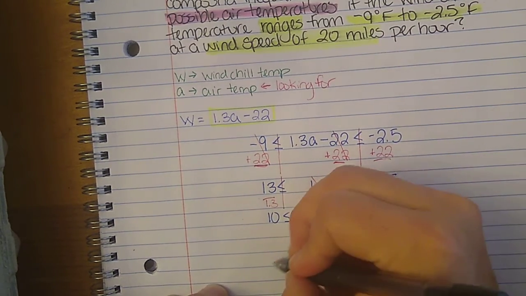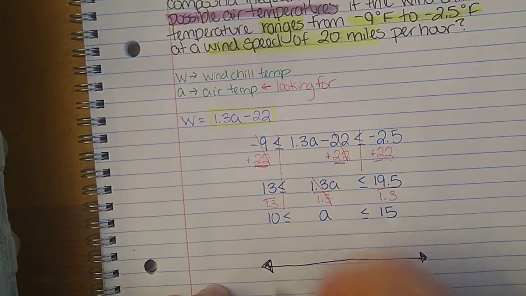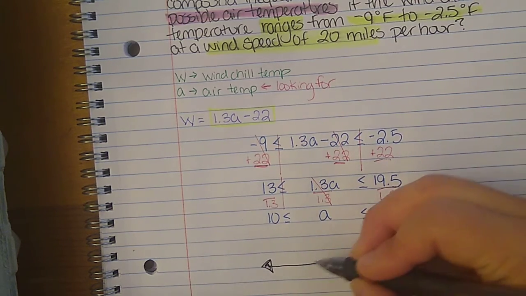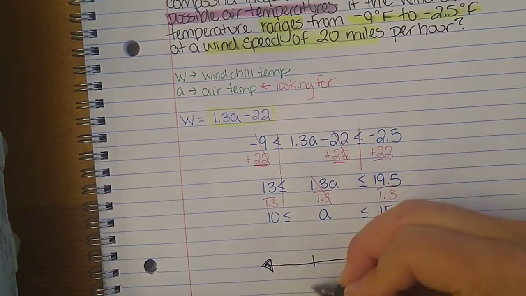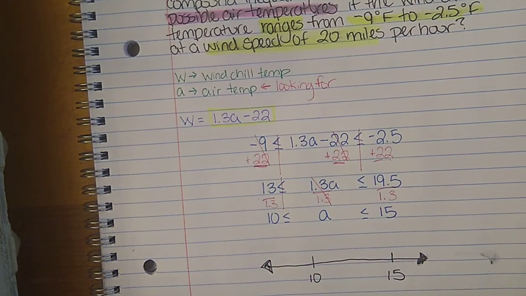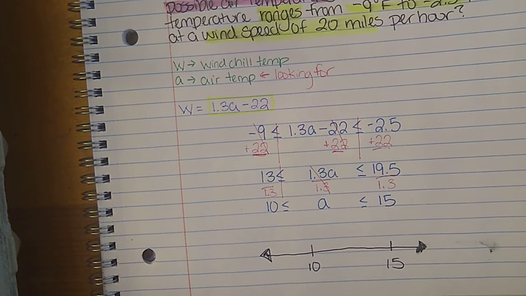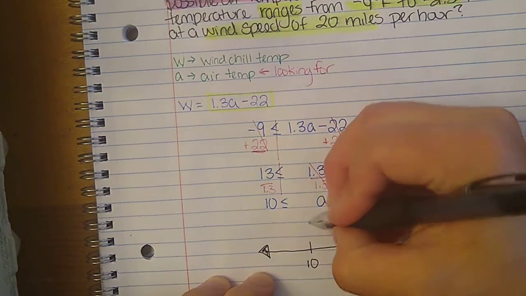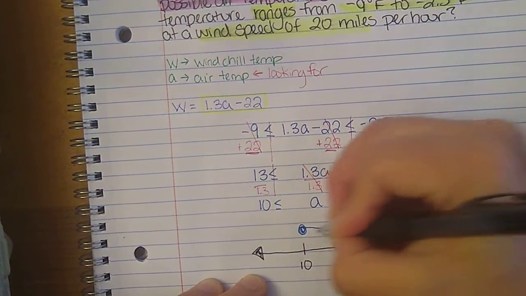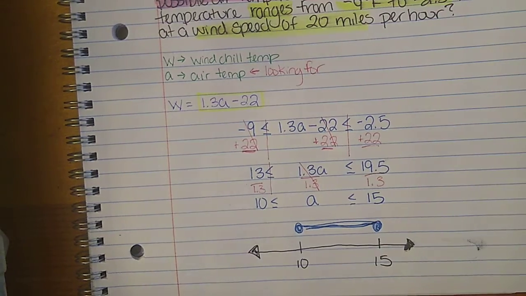So once again, I want to just make sure I have my number line. And again, if you're not graphing on top of someone else's number line, you're good to do this however you want. I typically just do, again, those two numbers, my two target numbers, and then, keeping really messy with these, it's between 10 and 15 degrees. These are inclusive, so these are closed circles on 10 and 15, and then we're connecting our two values because that indicates that our temperature needs to be between